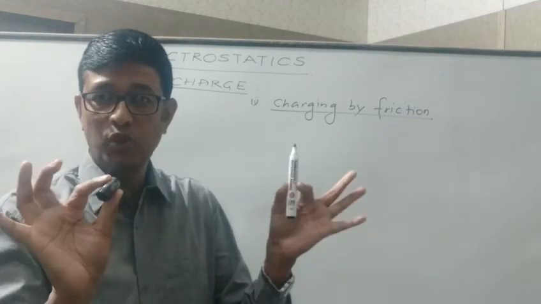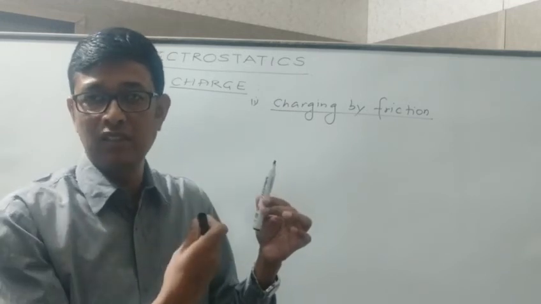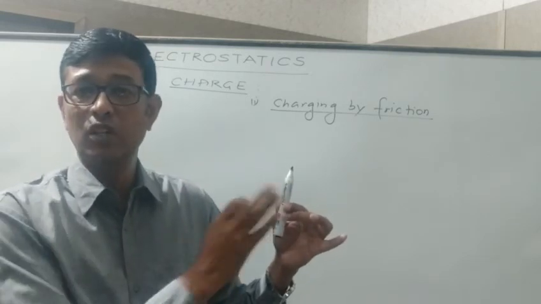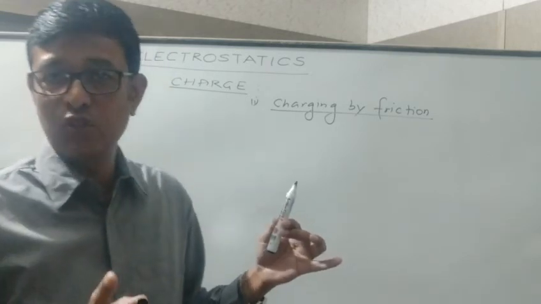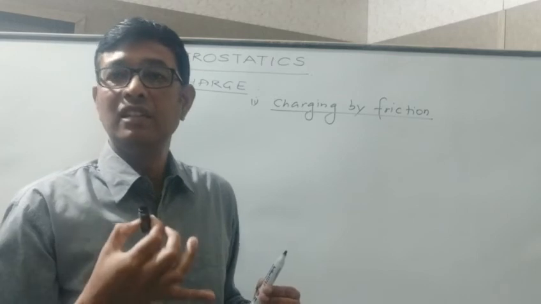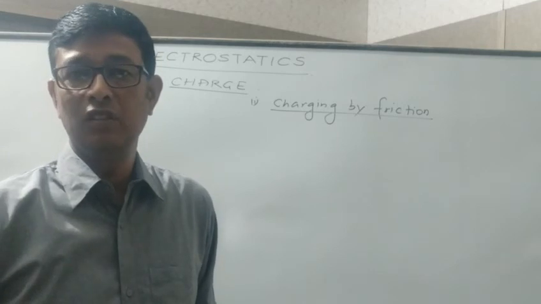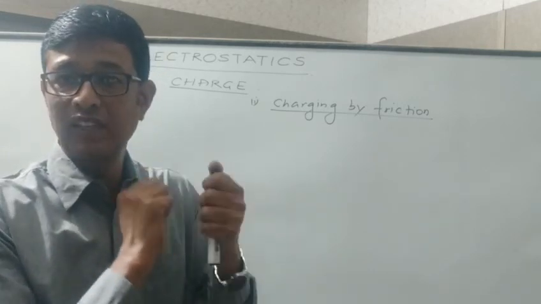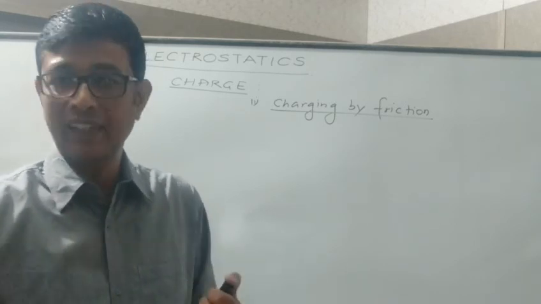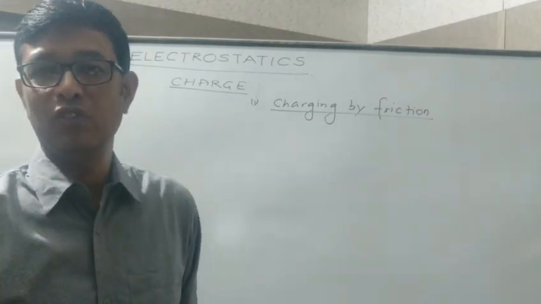So if two neutral bodies are rubbed against each other, then due to the transference of electrons from one body to another, both the bodies get electrified with equal and opposite charge. Both the bodies will develop equal and opposite charge. The body that loses electrons will tend to acquire a net positive charge, while the body that gains electrons will acquire a net negative charge. So this is known as charging by friction. It's very simple. Friction, rubbing the two bodies against each other, is the process by which, due to transference of electrons, both the bodies get electrified or charged. Positive charge means deficiency of electrons. Negative charge means